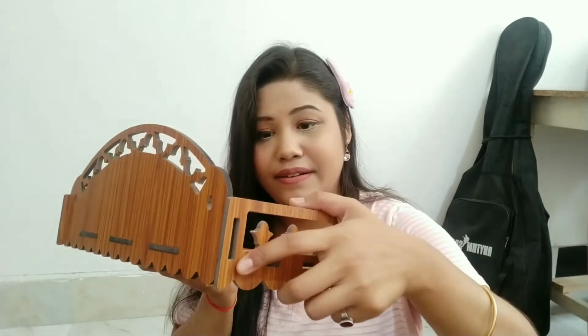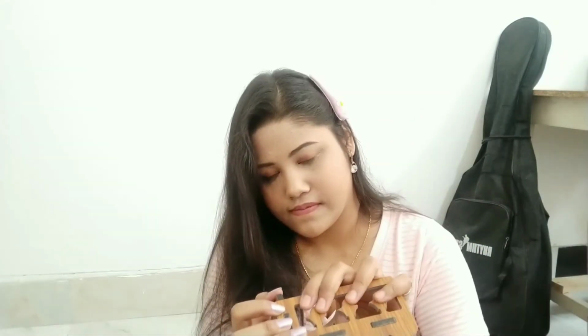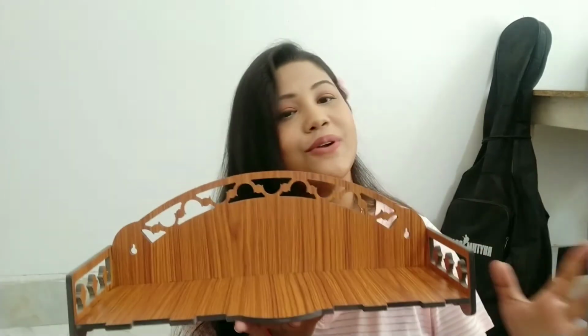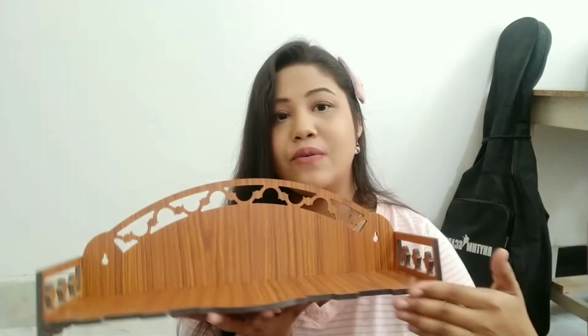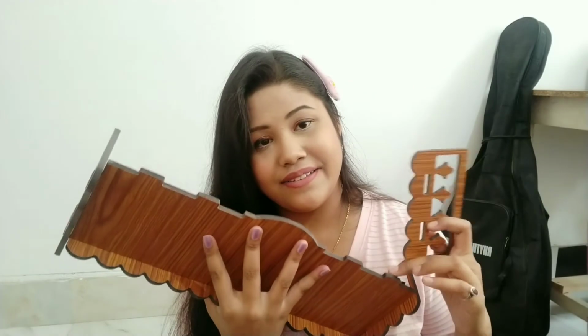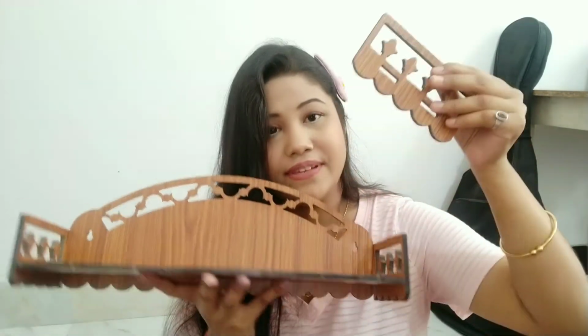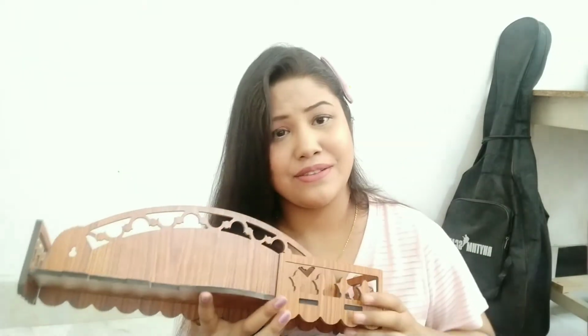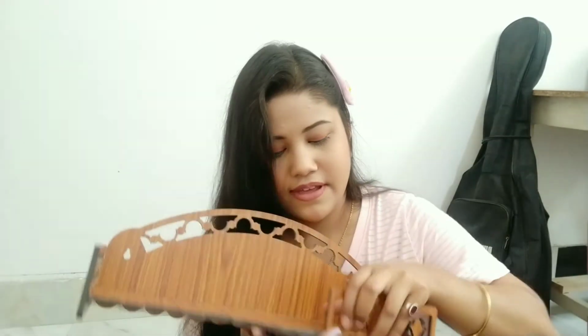Same way I will fix this one to this side, this is done. Yes, it is ready from 3 sides, and now we have to fix the front side with these parts. The edges are there also, so I'll fix it to this part, and this is so easy to fix it by yourself,